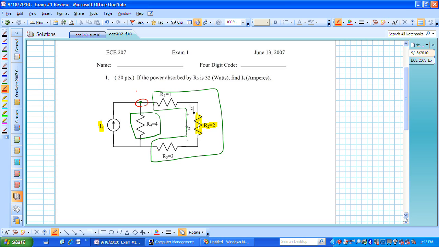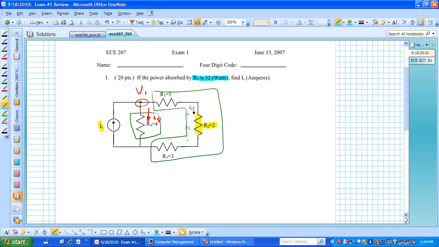If we label that node as V1, if we could find V1, then we would find the current, let's say down here, which is I sub 4, and then if we knew V1, we could sum these three resistors and find I sub 2, and given I sub 2 and I sub 4 by KCL, we could actually find I sub S. So that's not a bad thought process. We just have to change it a little bit,